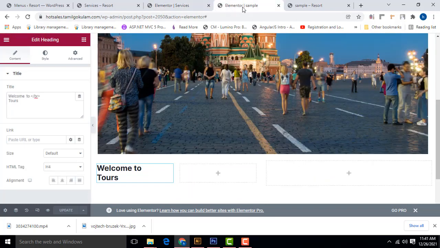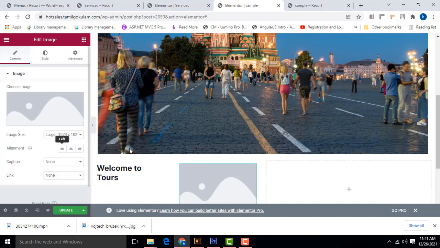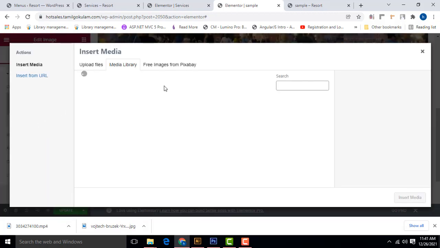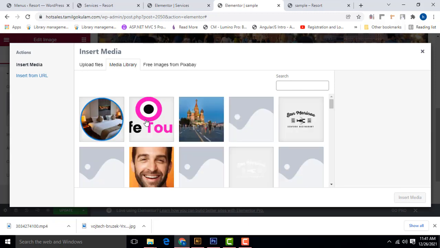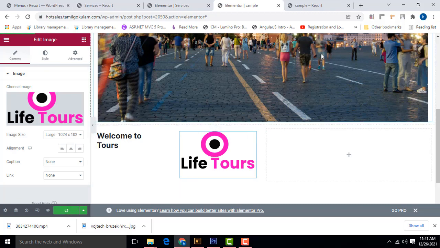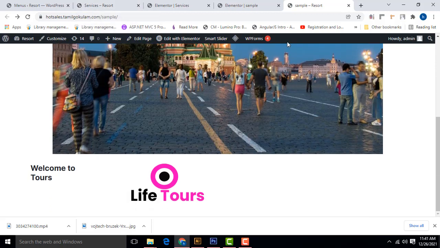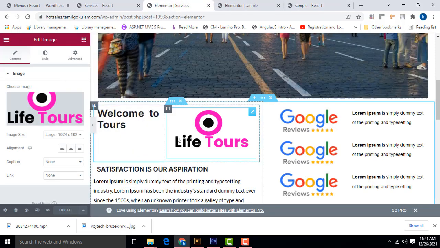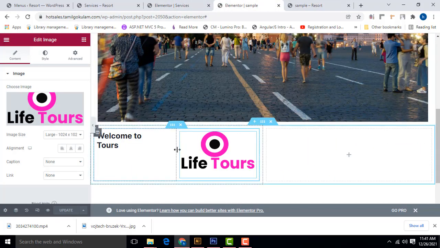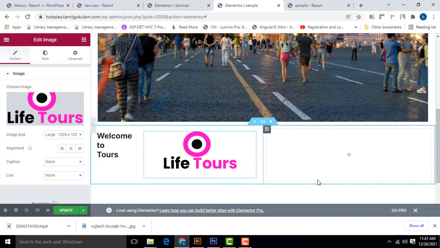Okay, now I have to do this logo. How to do the logo? Click on here, drag the image over here, click on choose image, click on this one to create the logo, and you have to click it. That's it. Simple. If you click the button, it's there. Perfect. Now here there is just too much space in between these 2 texts. I have to reduce it. It's no problem. Here you can see, check here, like this.